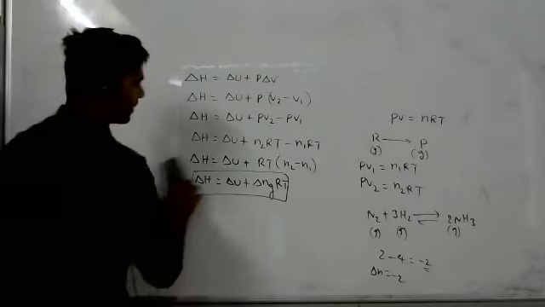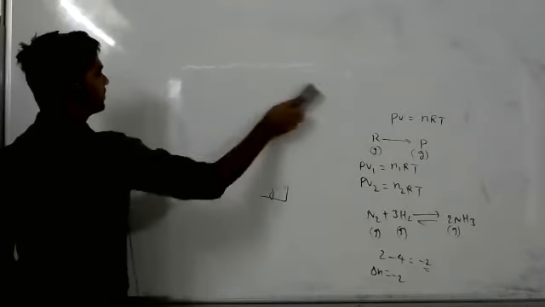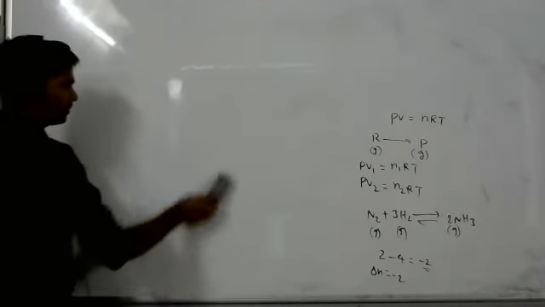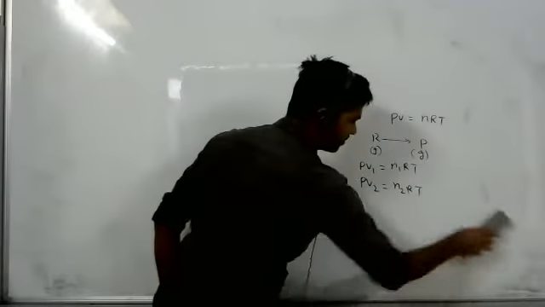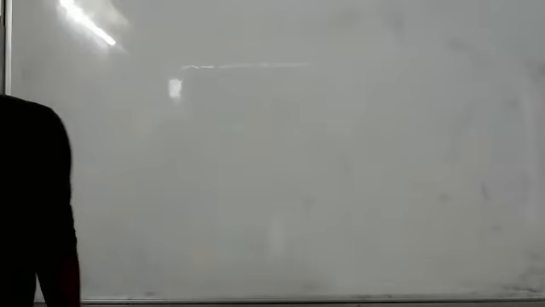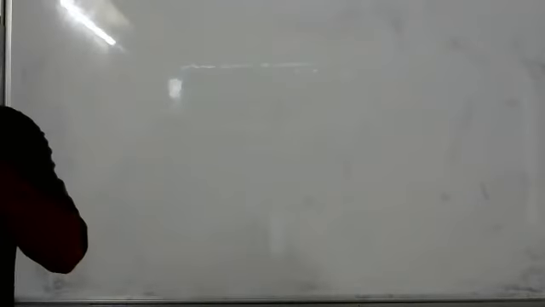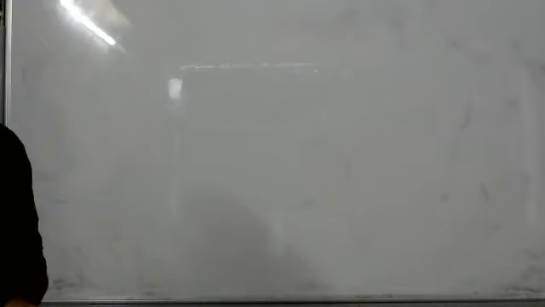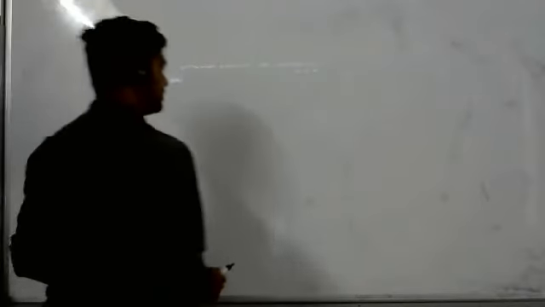Then listen, heat capacity. Another thing, in the formula we use delta H equal to delta U plus delta Ng RT. So there only R is a constant value, right? Yes, others are not constants. The remaining are not constant, they change.